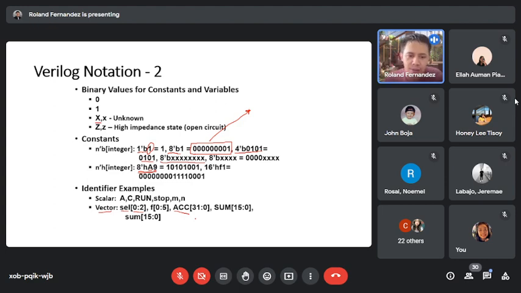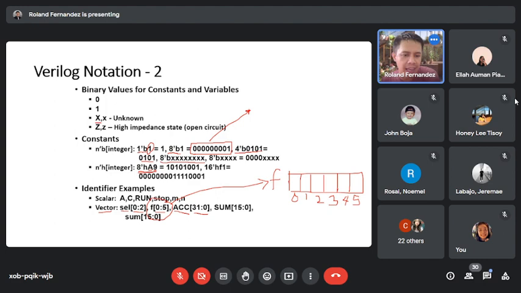It can go from high to low or from low to high. From 0 to 5, this one here, or it can be from 31 to 0. What does from 0 to 5 mean? Meaning if we have F with six values, this is F0, F1, F2, F3, F4, and F5. That is the arrangement. However, for the ACC or accumulator, 31 down to 0, so this is your ACC,